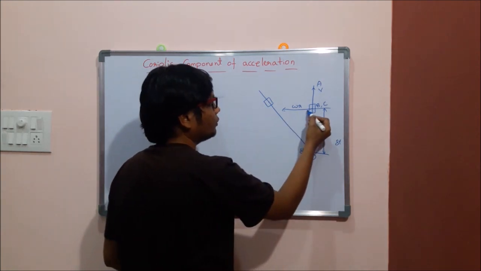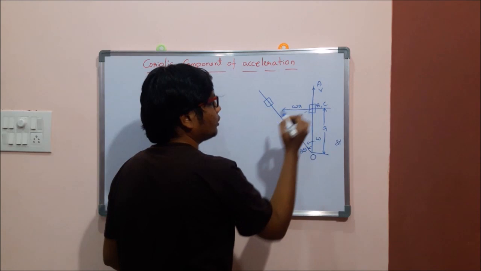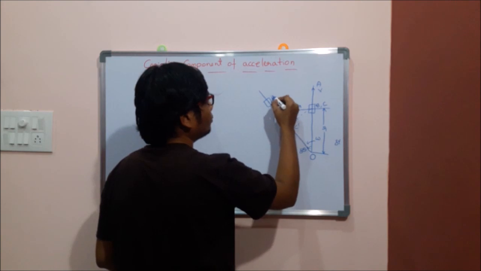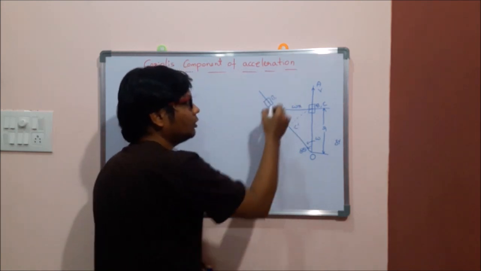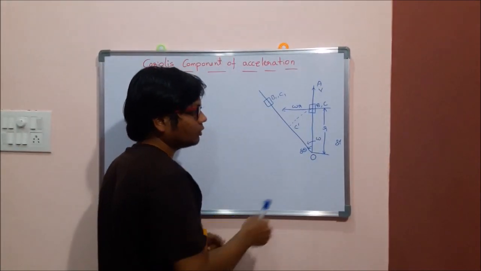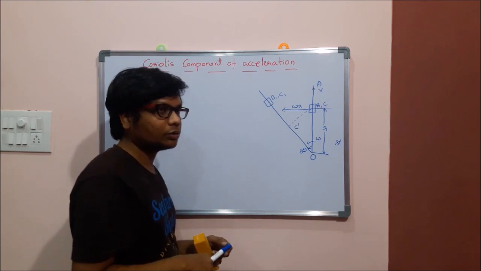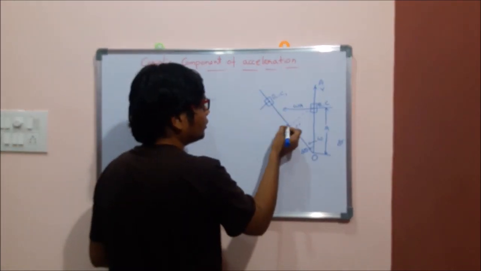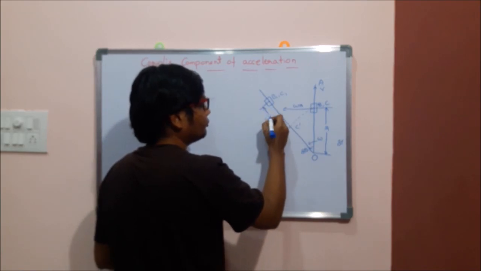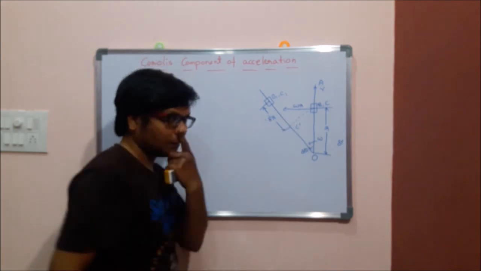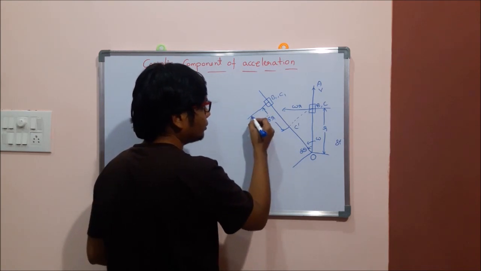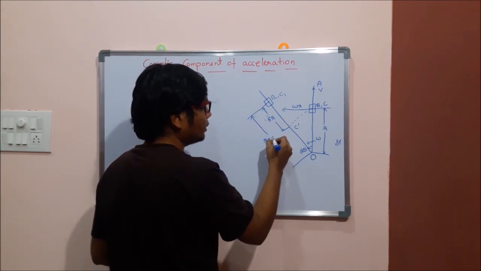If you try to trace the initial position, it may be somewhere here. Assume this one as C dash. Here the new position takes place. Assume this is B1 comma C1. What is the distance it has moved during a particular displacement in angular position delta theta? I am assuming the displacement is also a very small quantity, delta r. According to this condition, the total distance of B1 C1 with respect to the center of oscillation will be r plus delta r.